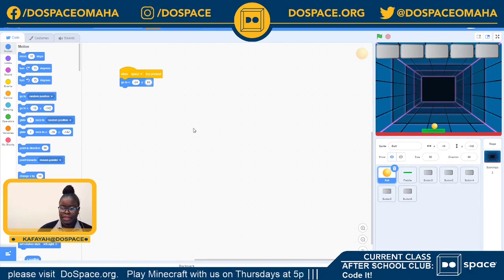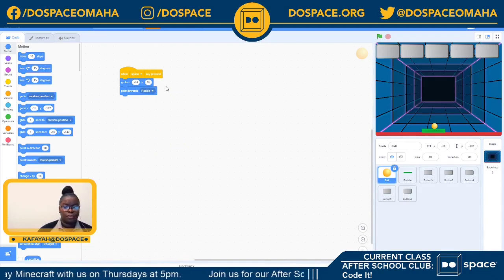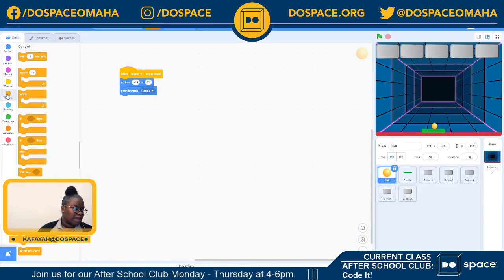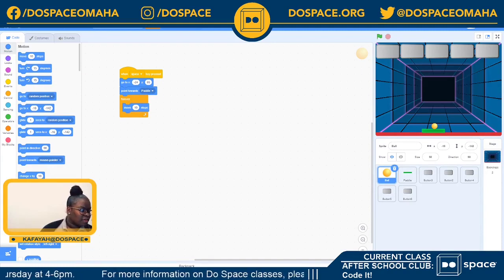Right? And I'm going to also point it towards my paddle. So we want our ball to bounce off the paddle and then bounce off of the edge. So I'm going to go back into my controls tab and get my good friend, the forever loop. And we're going to tell our ball to continuously move. And so we'll tell our ball to move 10 steps. And also, if on edge, we want our ball to bounce off the edge just like it bounces off the